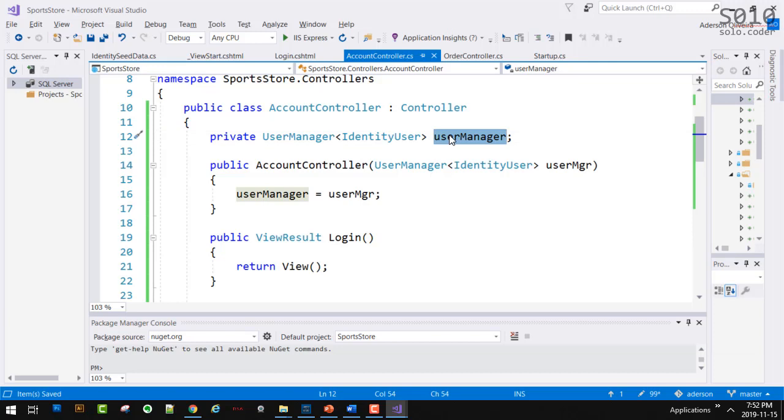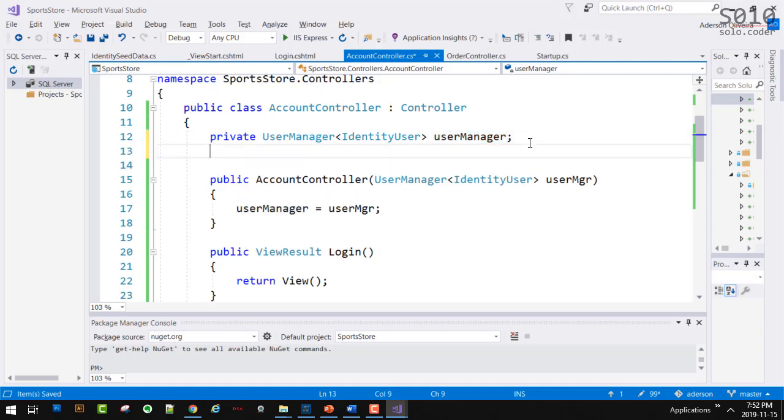Sign-in manager is the one we're going to use to validate passwords, to log in, and to log out. User manager: create, update, delete, and find, search user. Sign-in manager: check passwords, log in, and log out.